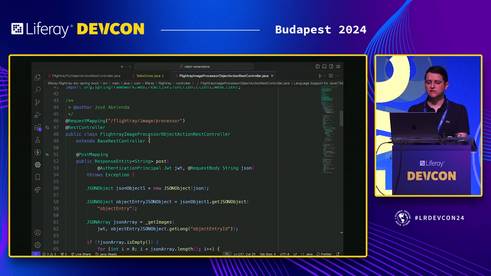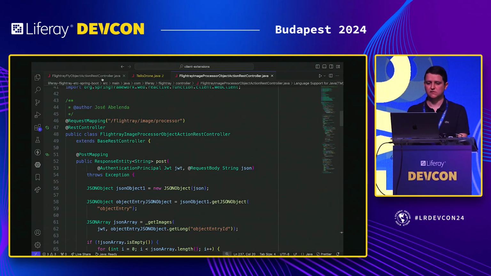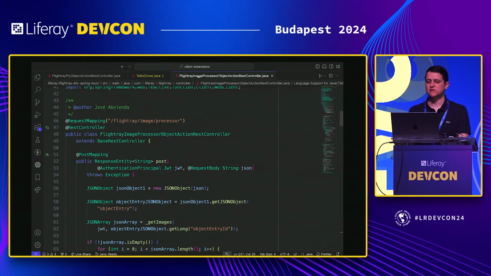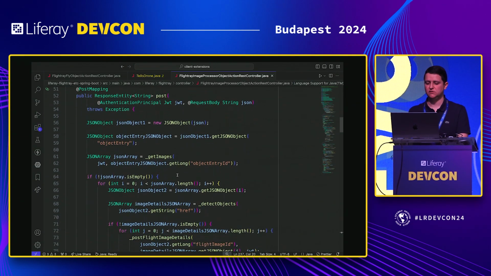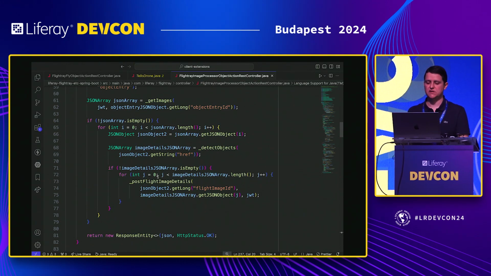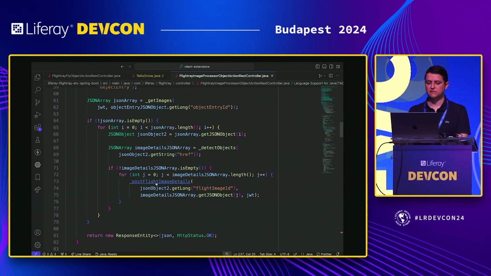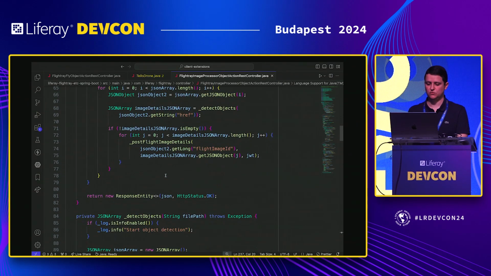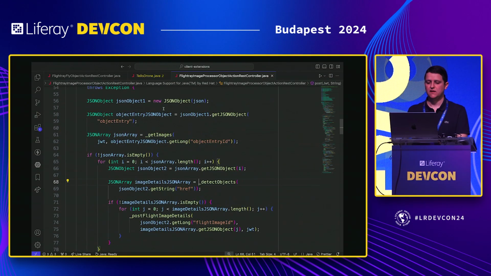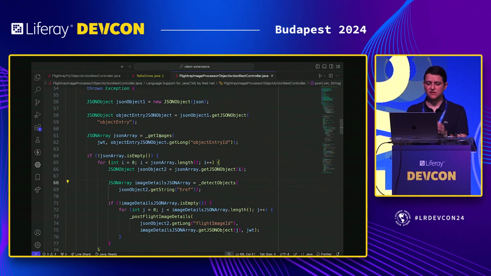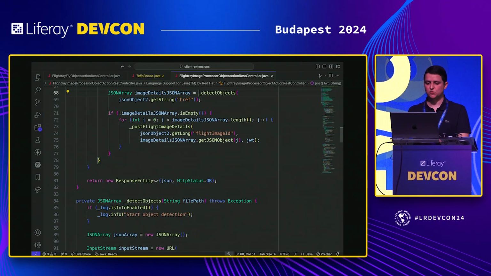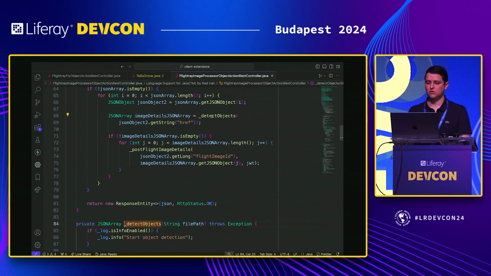Okay, so another class extension is to process the images. When we click process image, we will trigger this class extension, and we will get the media, the photo from document media, and we will send it to detect objects here. If there are images, we'll get images from the DXP, and we'll download and submit to Google Cloud Vision.